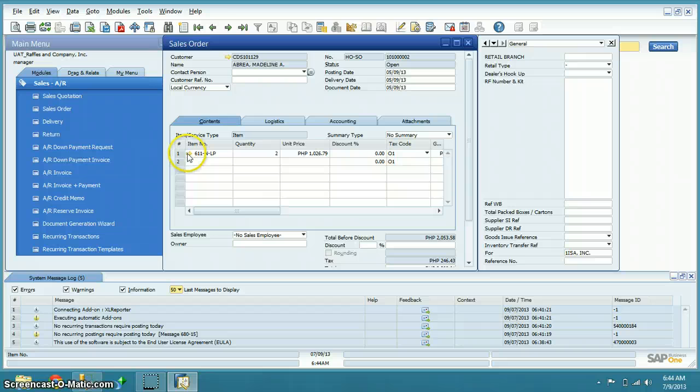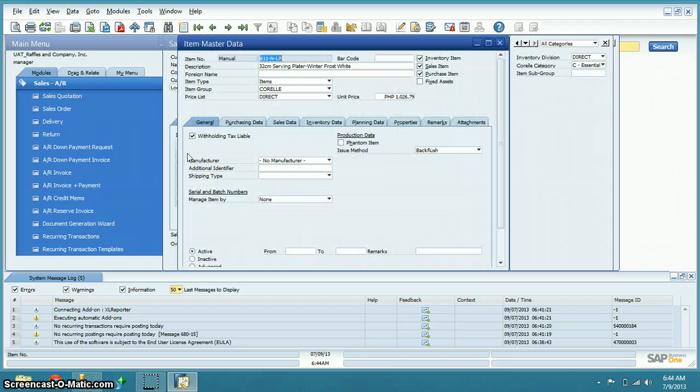And this arrow is responsible for showing the detail of the item that the customer ordered. This is just the code or the item number for this item, the 30 centimeter serving platter winter frost white.